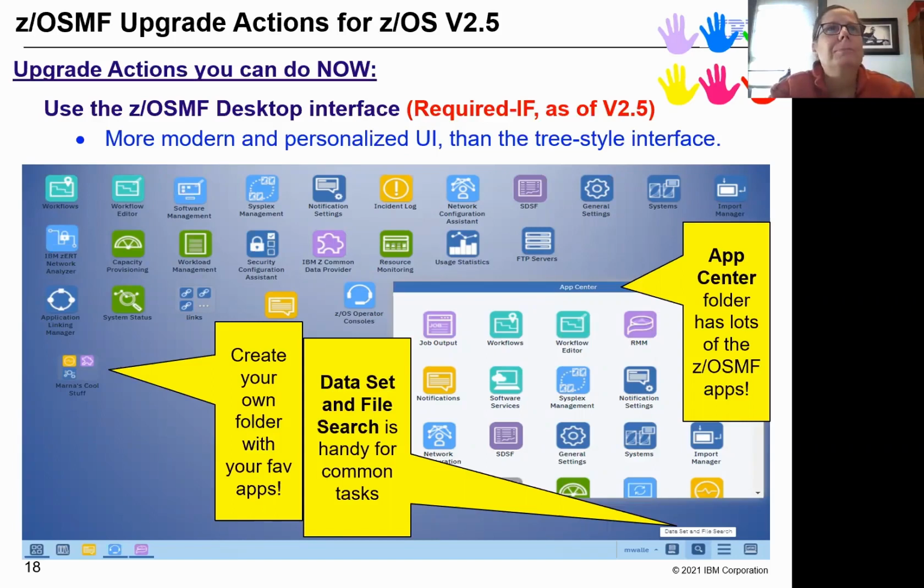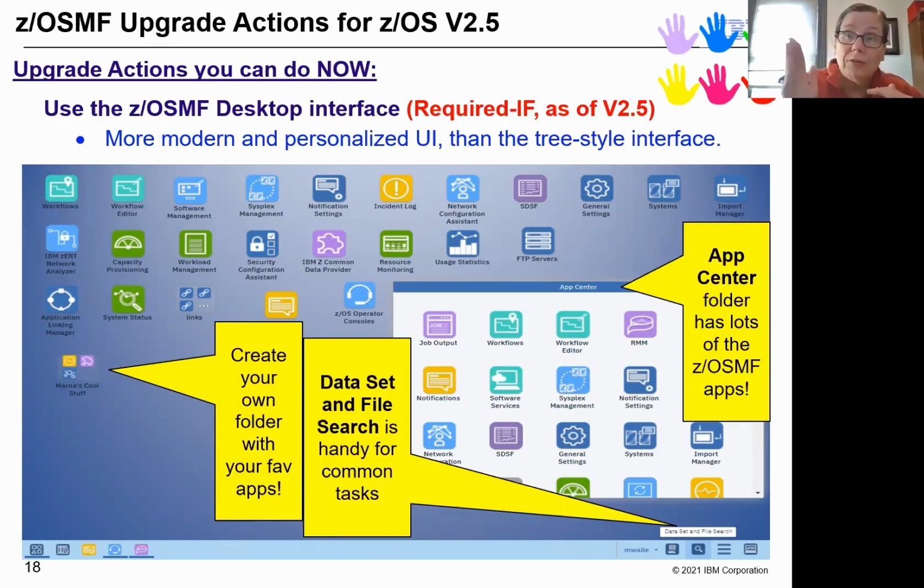Okay, so remember in z/OS 2.3, we had a fire item for an upgrade action, which was auto start. And that would be that z/OSMF would automatically start at IPL for you. And that's what we really relied upon, that every z/OS 2.3 system either has z/OSMF or has access in the sysplex to a system that has z/OSMF. So that was a rather large upgrade action that we had in 2.3, but luckily, we're really past that now,